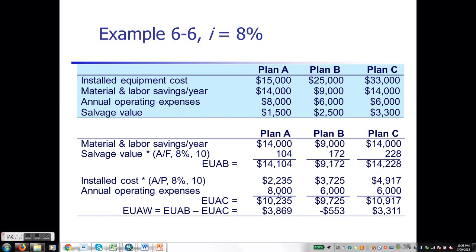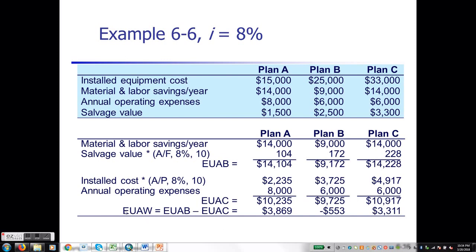You have your equivalent uniform annual cost will be 200, 235 plus 8,000. B will be 3,725 plus 6,000, and then 490, 970 plus 6,000. So at the end, you will have two values, your equivalent uniform annual benefit, and then your equivalent uniform annual cost. If you subtract them, you will calculate equivalent uniform annual worth, which is going to be 3,869, 553,